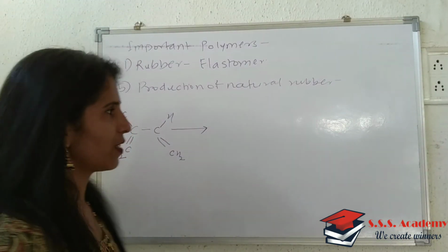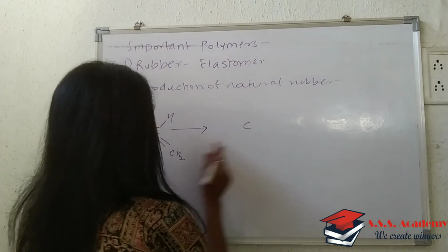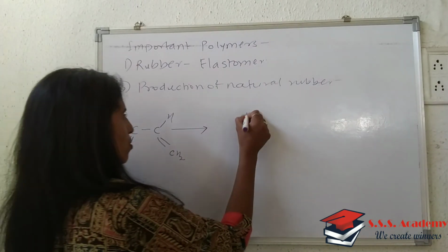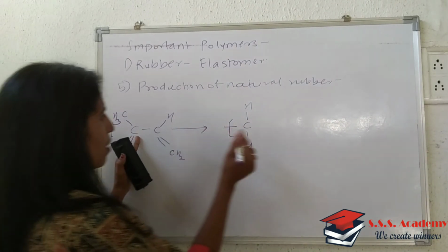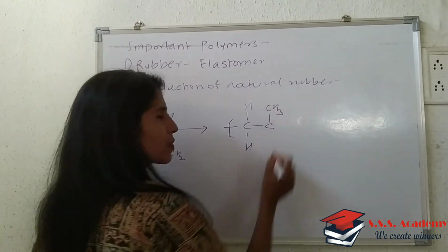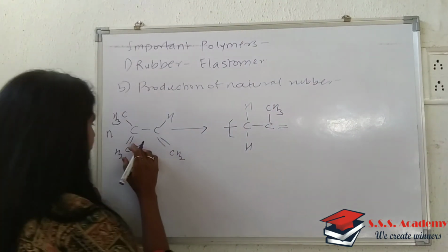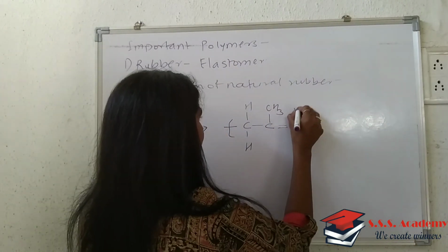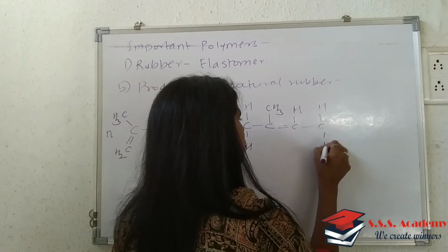Or instead you can write, in order to simplify this, how will you write? See, this is the first carbon. So I have written this first carbon likewise. Then 2 hydrogens on its top. Then I have written this forthcoming carbon with the CH3. Next what we are supposed to write? The double bond. So now this bond has been shifted over here. Therefore there is a double bond. Then this carbon again with the hydrogen, and again this carbon, like this, and these 2 hydrogens.